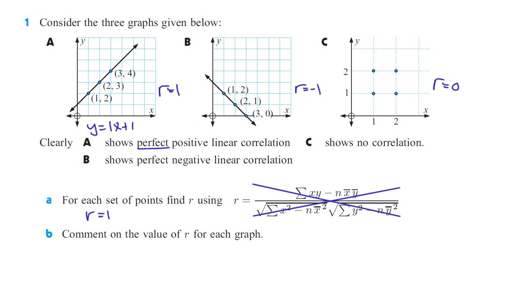Okay, so now it asks us to comment on those here. The R equals 1, which means it's a perfect line, and it's positive, so that means it's going up. This is a perfect line, and it's going down. This positive one here isn't actually what, I mean, it does happen to be the same as the slope, but